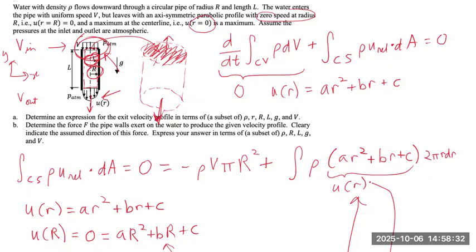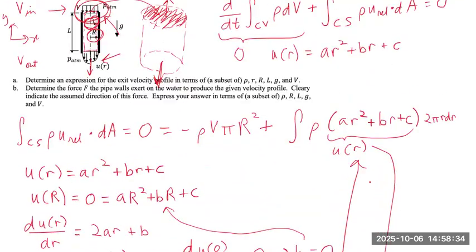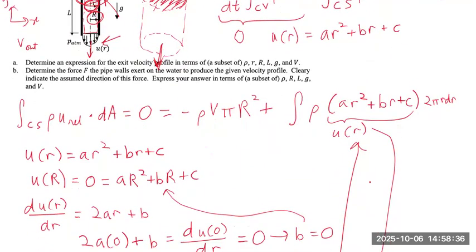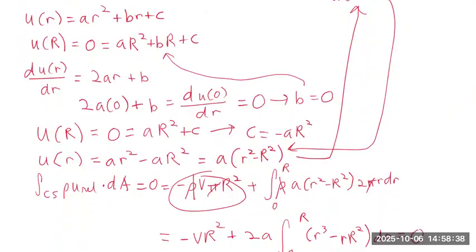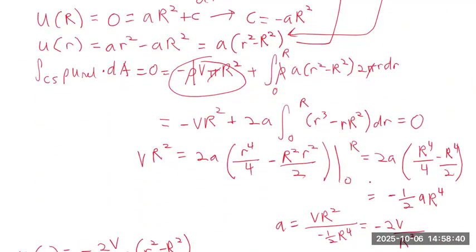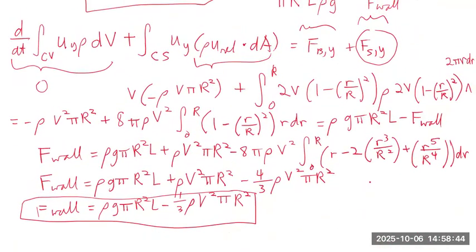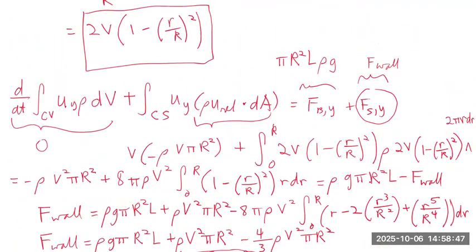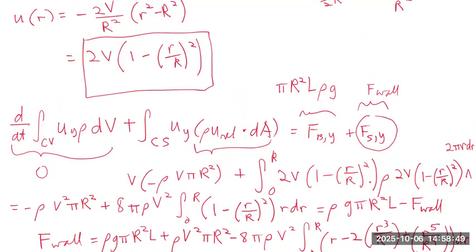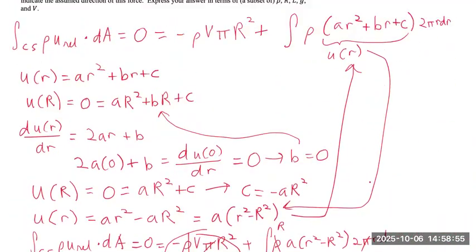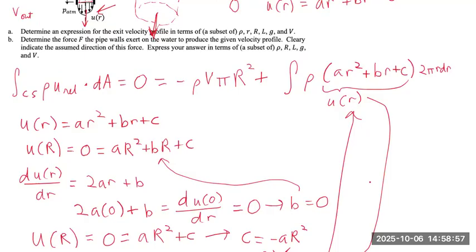Then we solved for these three constants and found the equation for the exit velocity profile in terms of some variables. And then for part B, we applied conservation of linear momentum in order to find the force that the pipe walls exert on the water